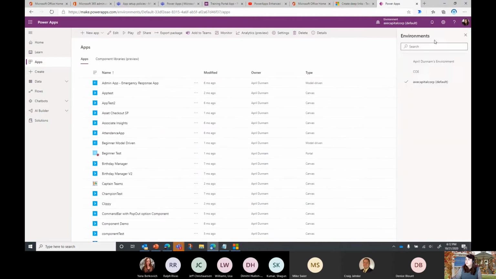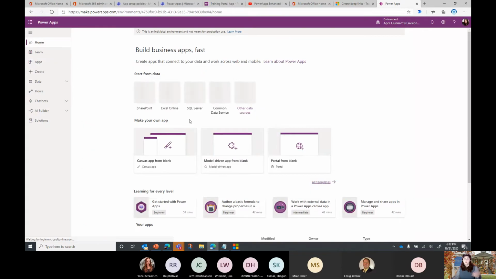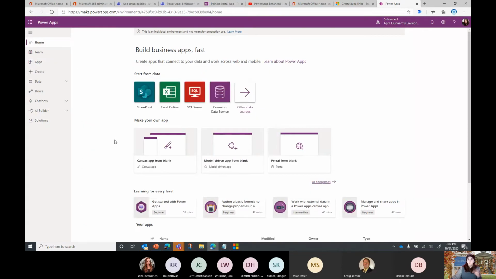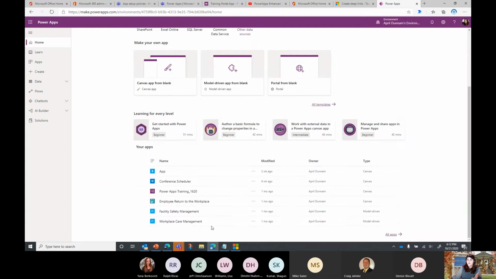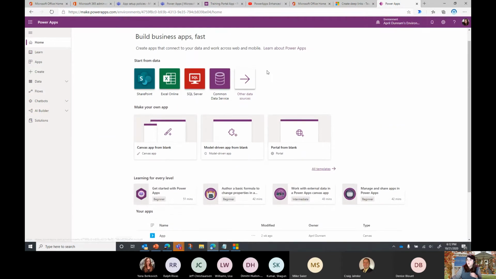Oh, I know why. It's in a different environment. I just want to show you the flip side of the coin: another way that you could use this integration is to actually provision your teams. So I've created an application that's a Teams provisioner,